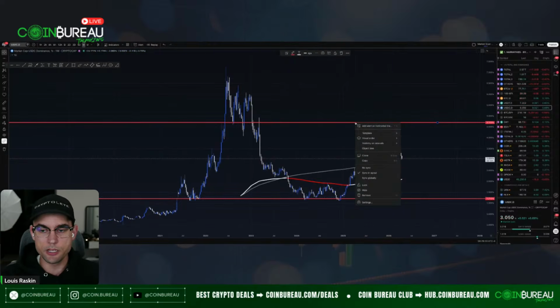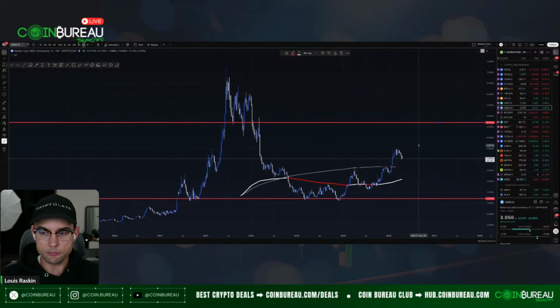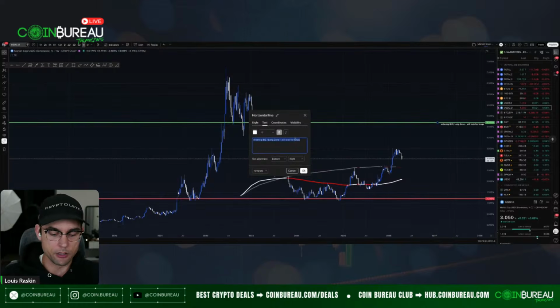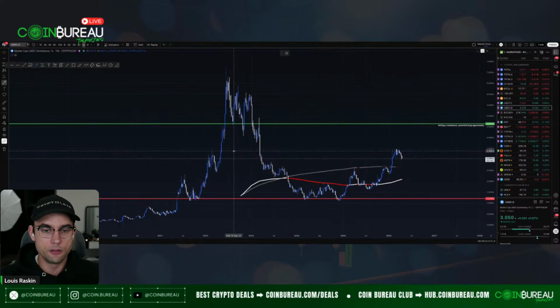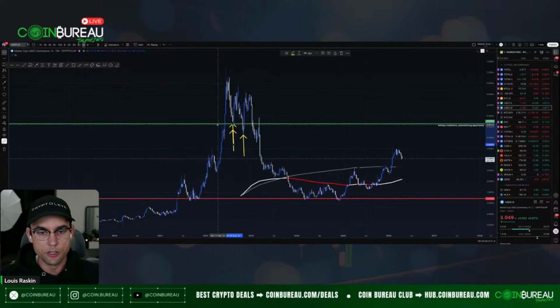So we could put this here. We could label this green, and I'll say good for the market. I'll say hitting a resistance, potential longing opportunity. All right, so boom. And why is that? It's pretty obvious. We got the support right here. We got the support right here. We got the resistance right here. So this is a big SR flip area, right?